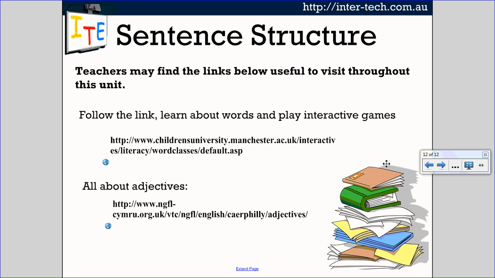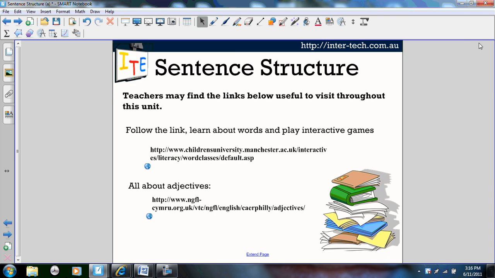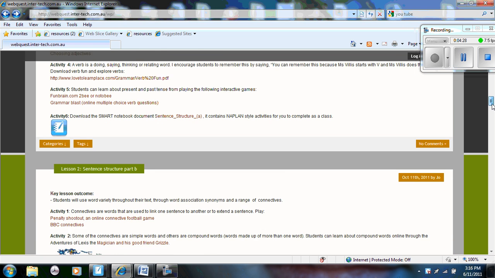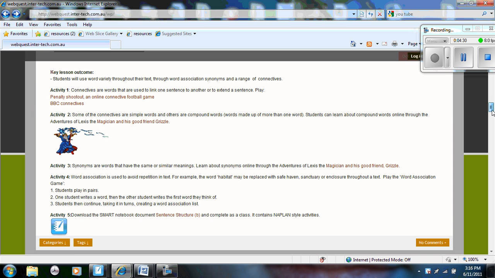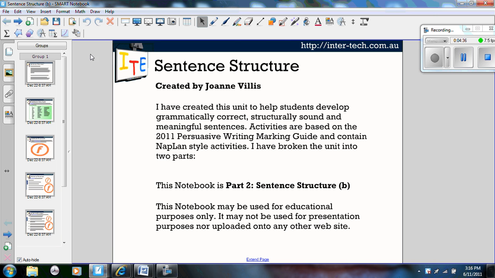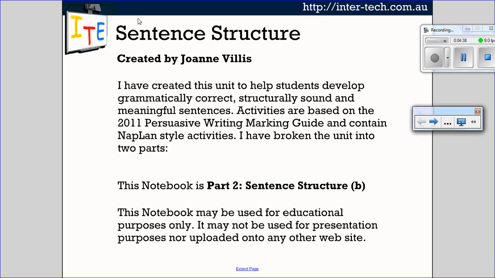And then there are a range of links. These here are web links, so the teacher can touch on the web icon and navigate off to that part on the website. If I scroll down on the website here, this is to lesson 2. You'll notice there is a sentence structure B which can be downloaded. Again, if I view it in full page,